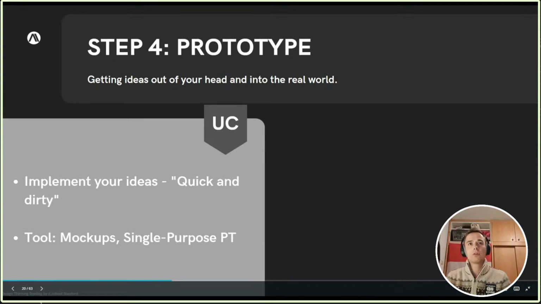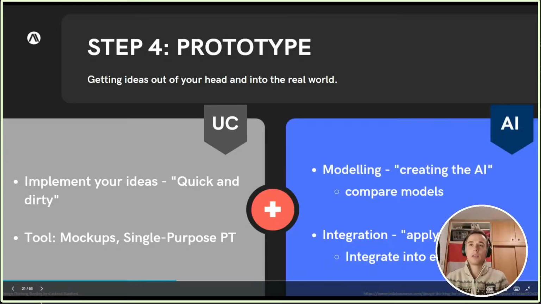And in the fourth step, from the use case perspective again, we will try to implement the idea we had, right? We will try to implement it as fast as possible, to test it with actual people, to see if we're correct, to see if we're actually solving the problem. And on the AI side of things, this again means